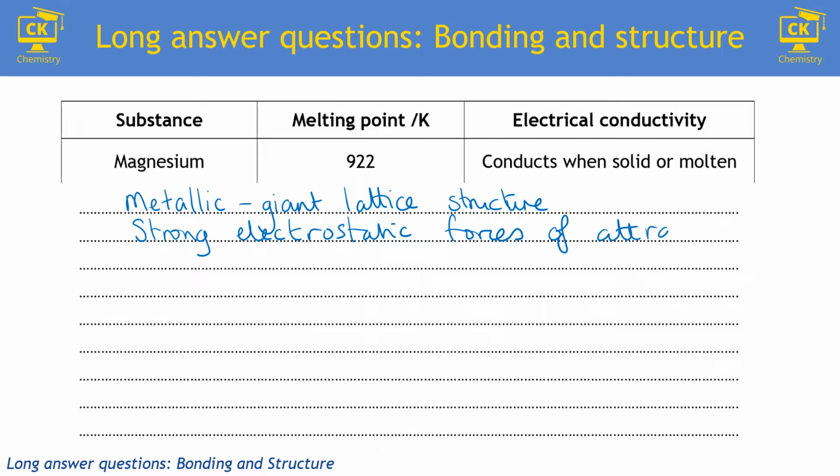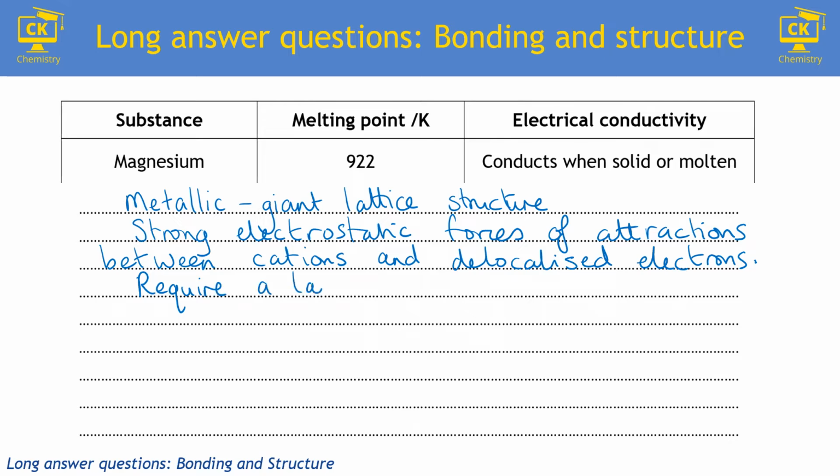and this is how all of your bonding explanations or descriptions should start, and for a metal it is between the cations, the metal cations, and the delocalized electrons. So we've identified what the attractions are, but we've also used the word strong in there. So we're already on our way to explaining the high melting point, because we've said that the forces of attraction are strong. To make the link between attraction and melting point, you need to talk about energy, because that is our link to temperature. So therefore these attractions require